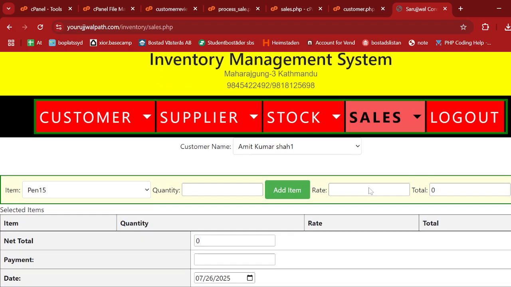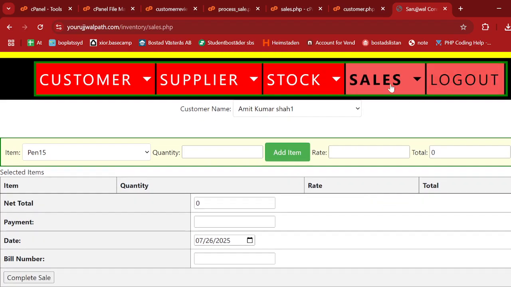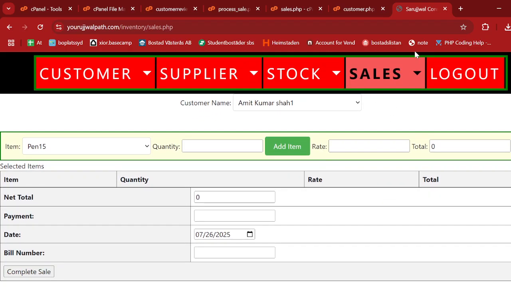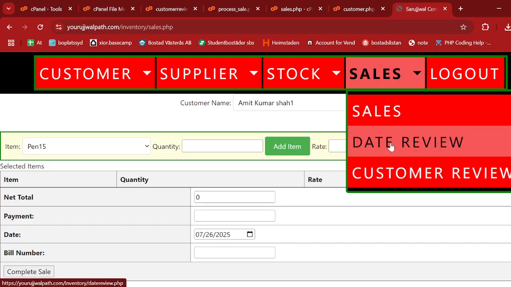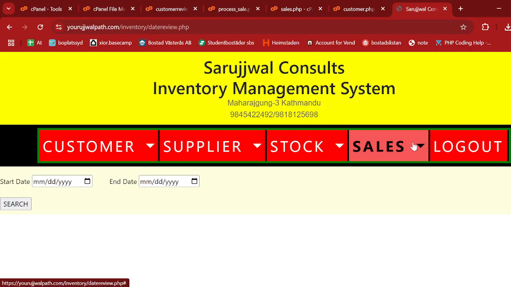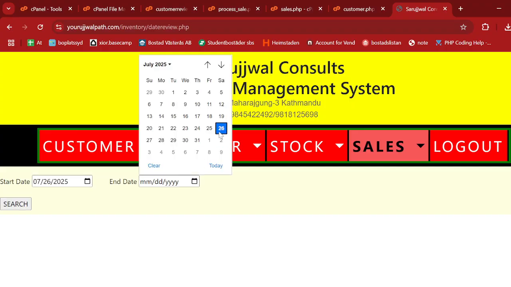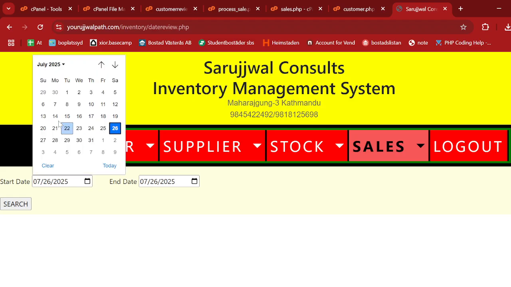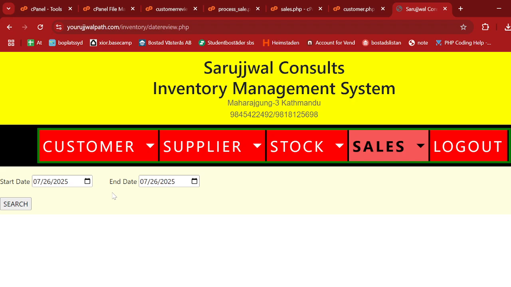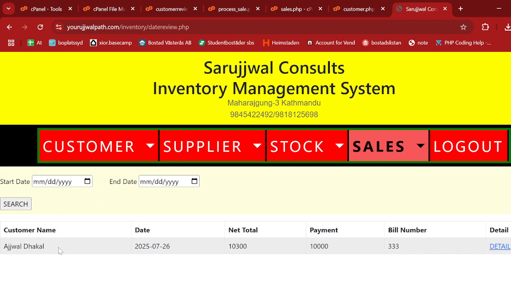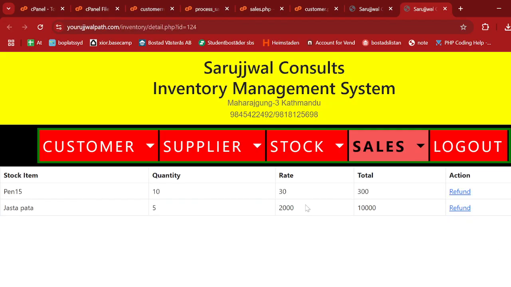Okay, now I want to check with that person what's happening. So under the sales, with the date review, if we just go in and put up just today's date, we see the recent transactions, or you can have any date range, whether in the month, weeks, whatever. So I'm putting the single date, so we have got this Ujjwal Thakal, and this is a preview of the net kind of things. And if you want to go with the items that the person bought, with two of the items,